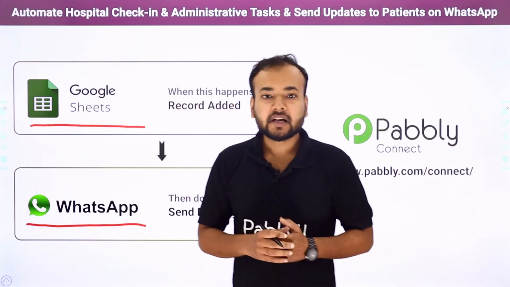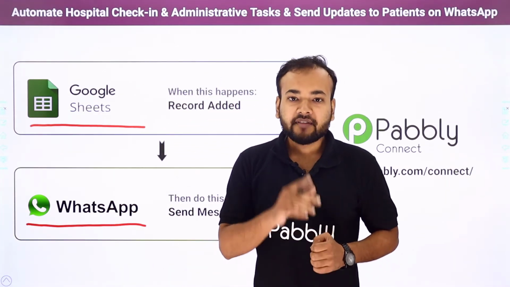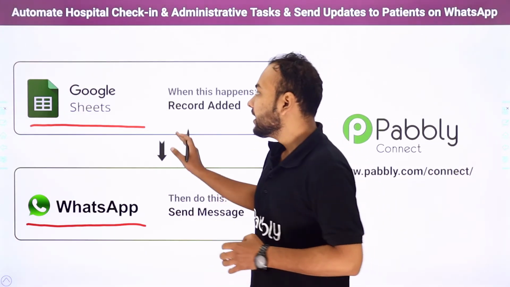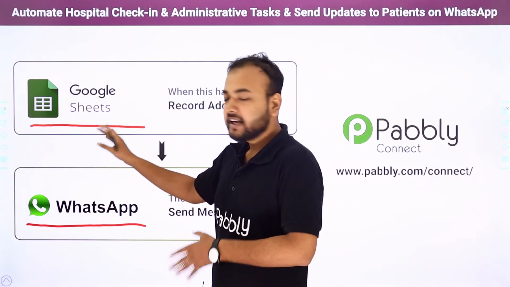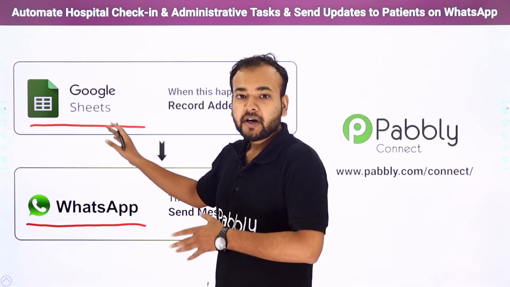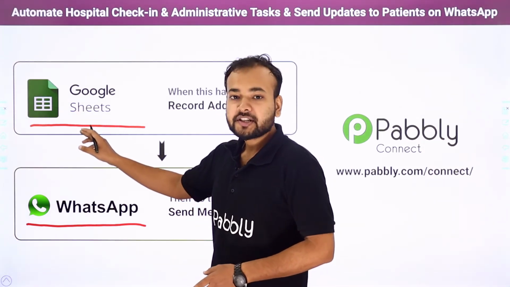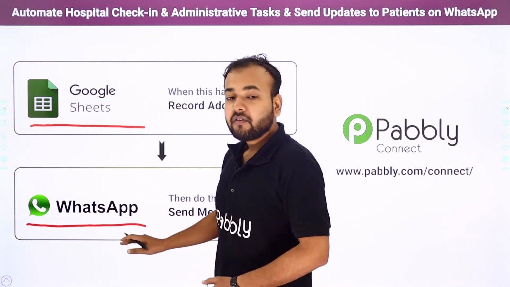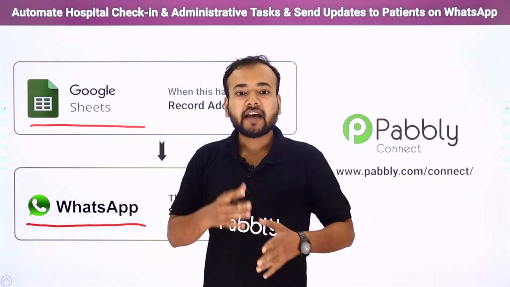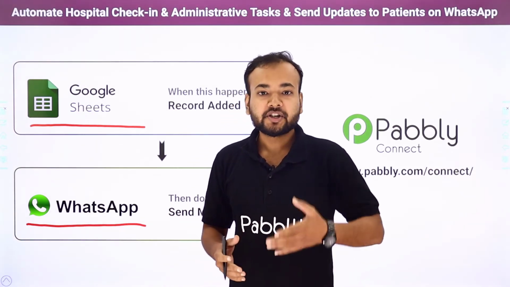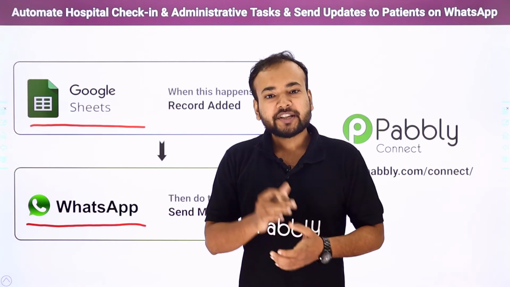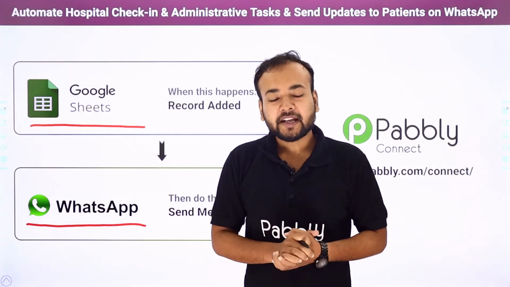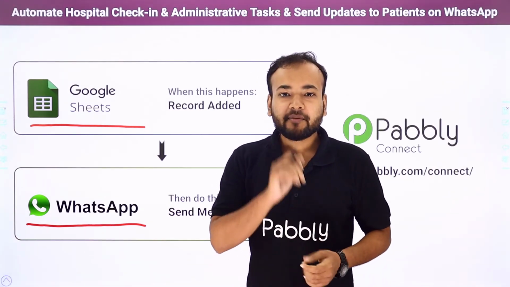Now to get this done, you have two ways. One is to manually sort out the data of the patients and the attendee of the patients and the ward number and bed details from Google Sheets, and then manually compile a WhatsApp message for each and every patient or the attendee of the patient coming to the hospital. So guys, this process can be very problematic and tiresome. So we have a better way for you.